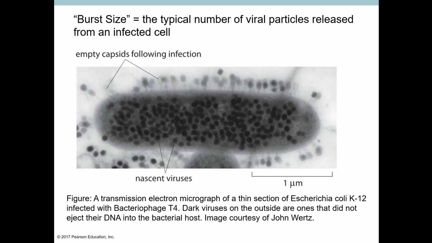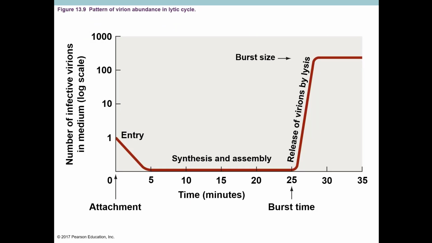But what you can see on the inside of the cell are all the new phage that are being built. So you get a sense of the numbers, what would be inside the cell. And this is a transmission micrograph, so you're only getting a 2D slice of the image. But in 3D, you can imagine how many virus particles that would be. So it's a lot. So this is how virus